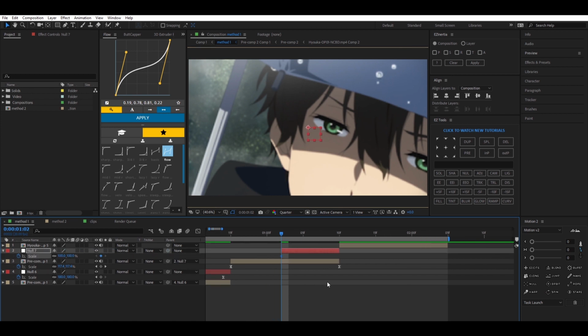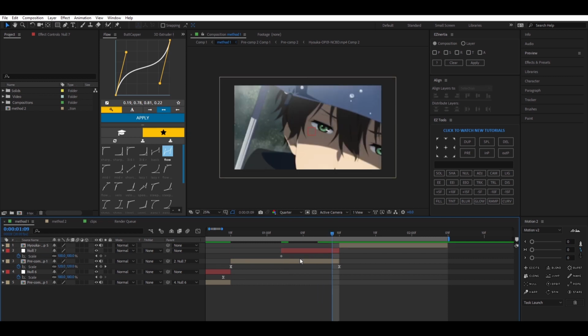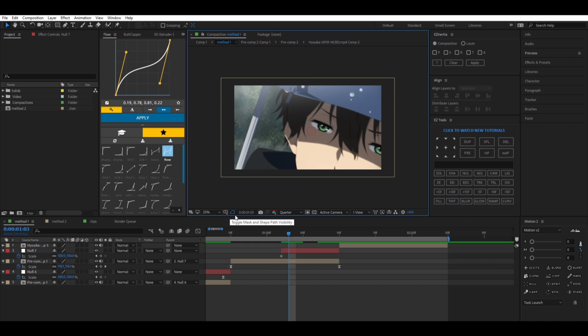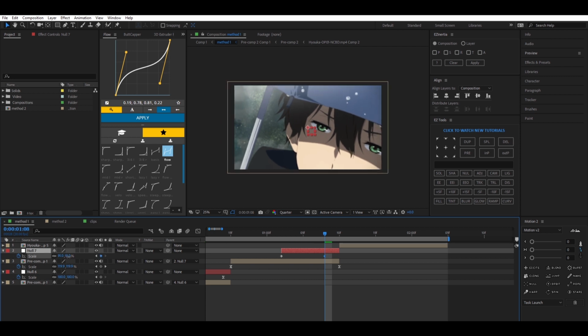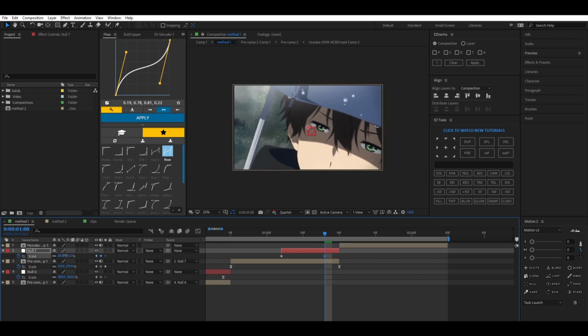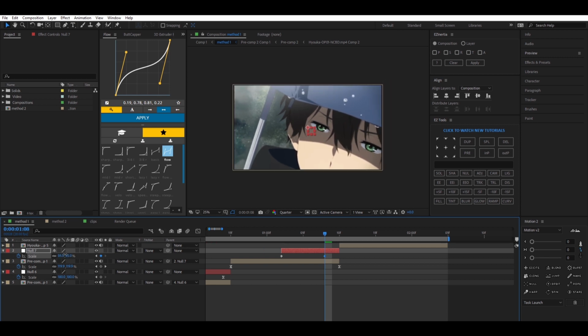Press S on your keyboard and go all the way to the end of your clip, and you're going to look at your border here. If you don't see your border for this, you just need to click this button right here, and it will show the border of your clip. So once you've done that, you're going to click on your null, and then bring the value down a bit until the border of your clip is touching your preview window, like so. So it's going to be like 84.